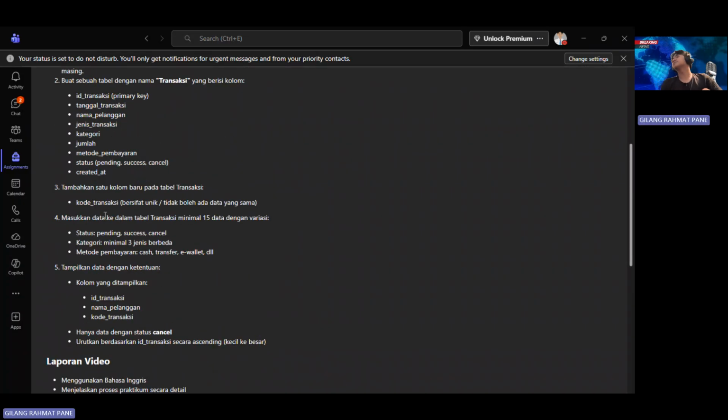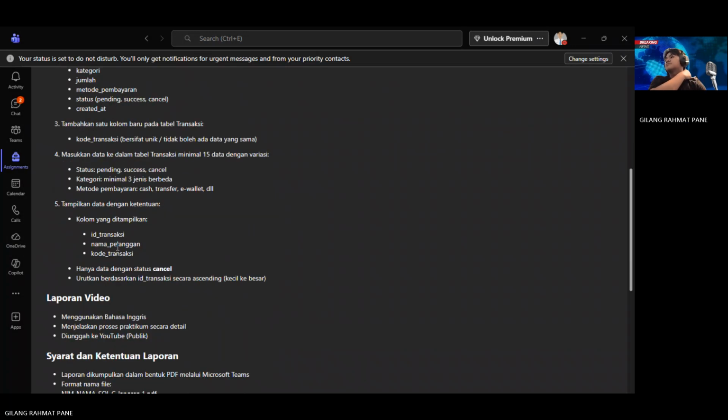We need to insert our data into the transaction table with a minimum of 15 data, with enough variation.